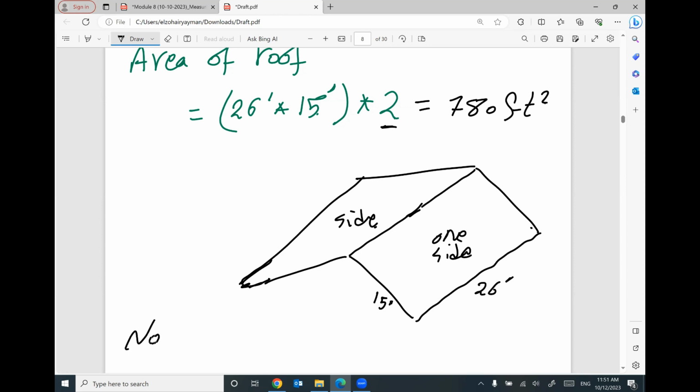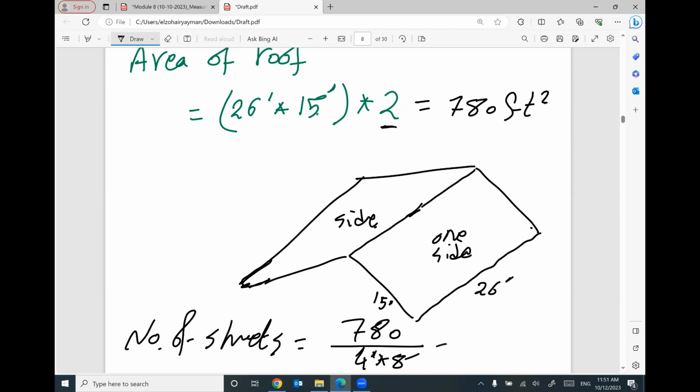So the number of sheets required to construct this roof equals 780 square feet divided by 4 by 8, one sheet. It will be around 25 sheets. So we need to order 25 sheets to construct this roof, and we need to order